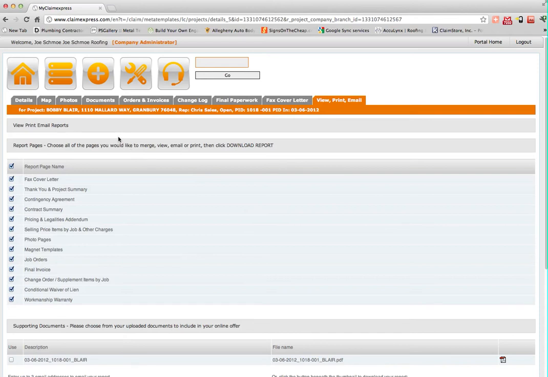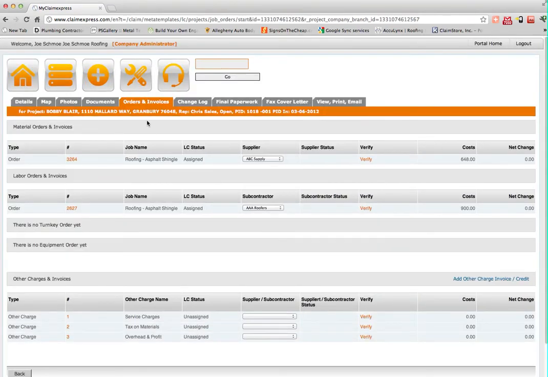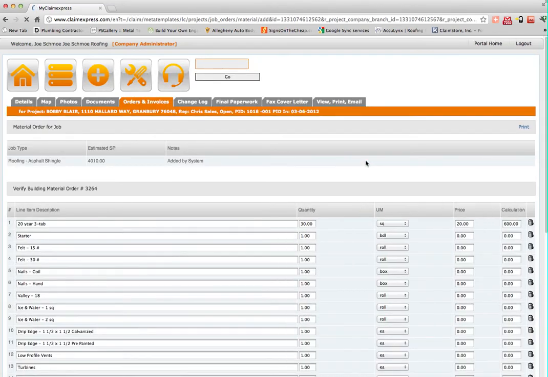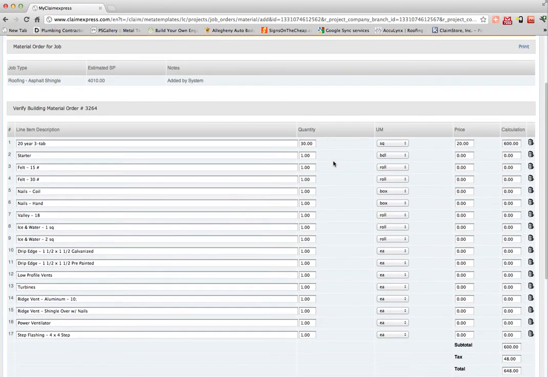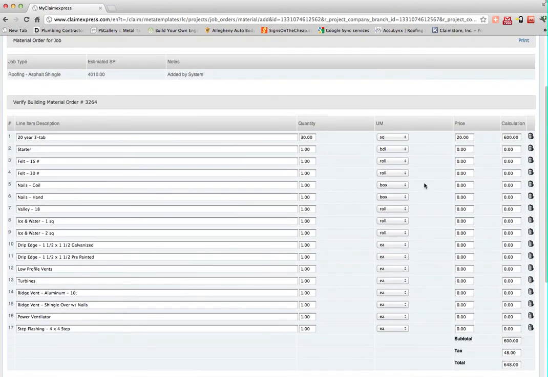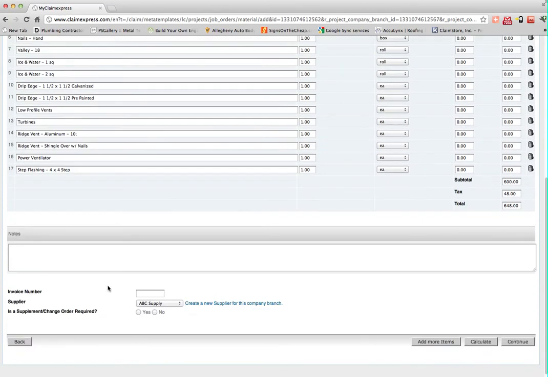So once the job is built, you'll want to verify the material and labor orders. Once you receive the invoice for the actual material order and your labor order, you'll come back into the project and go to Orders and Invoices, and you'll click on this Verify button here and verify the different prices. So if your prices come in different, you'll want to go ahead and change it here, and then you'll hit go ahead and enter in the invoice number